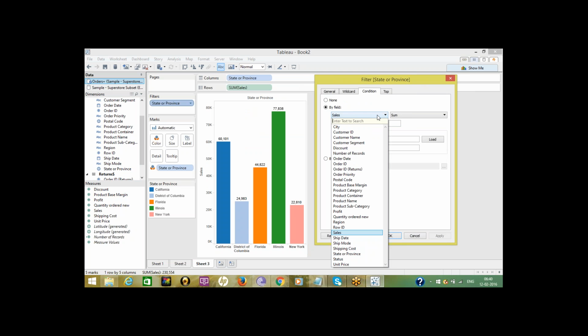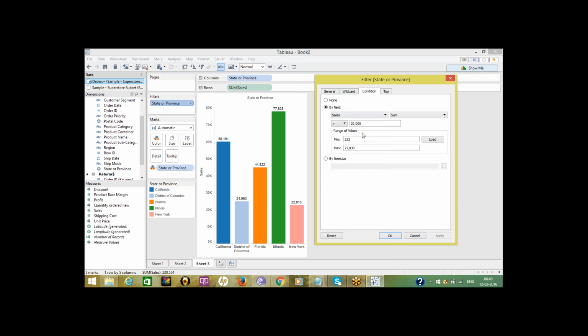Could you change the minimum value from 232 to, say, 50,000? It's not changing. We can write manually, right?